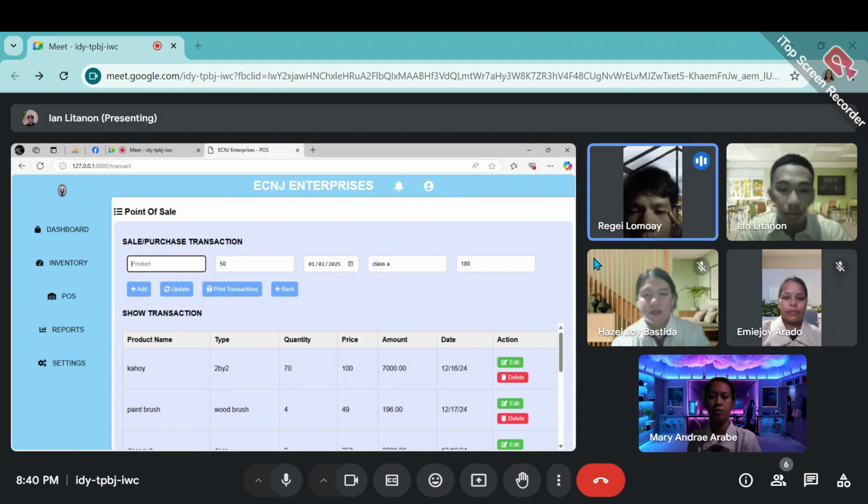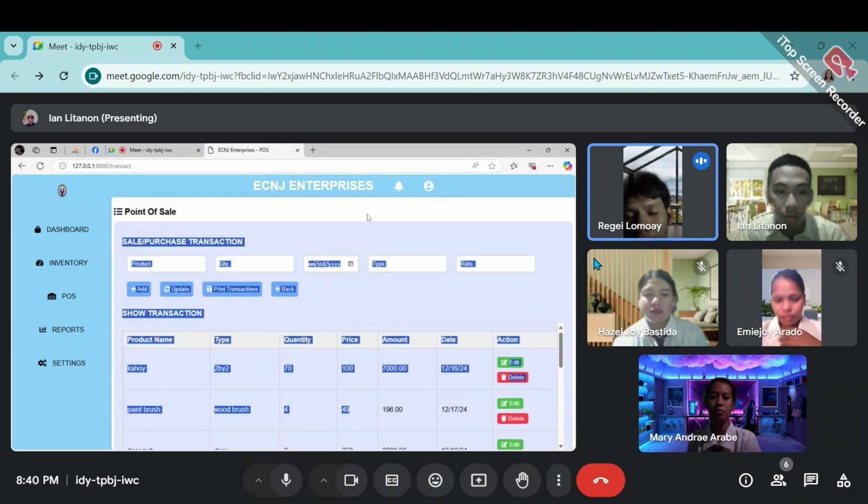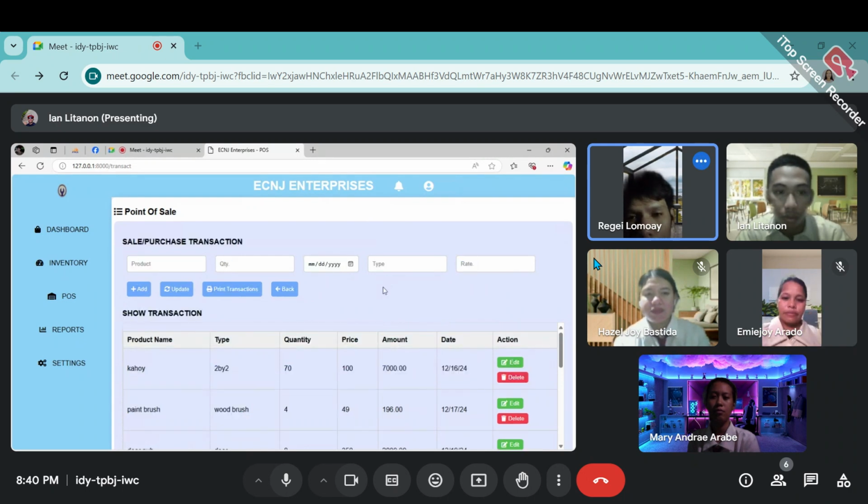As we can see, the data is back in our fields, so the user can change it, and then it updates now.